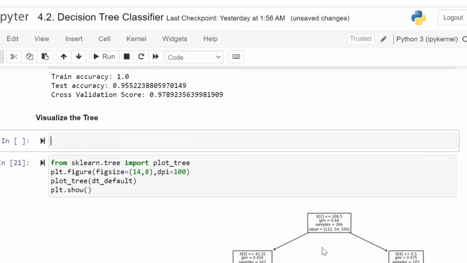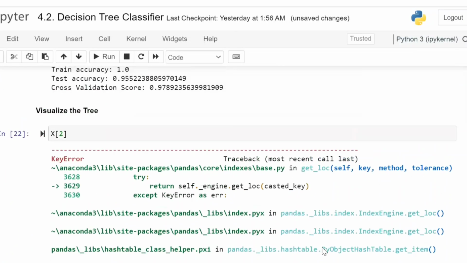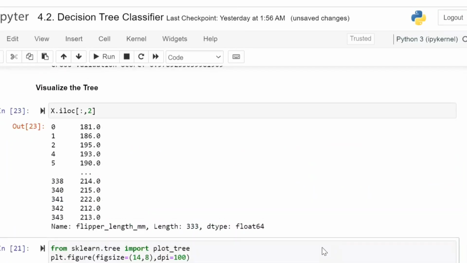Just like this, I'm going to write X of 2 here itself. Now, how can you write X of 2 from the X variable? That is by using iloc. 2 is the index number, right? So for index number, you have to use iloc. Out of iloc, all the rows with column number 2. So automatically you can see the second column.